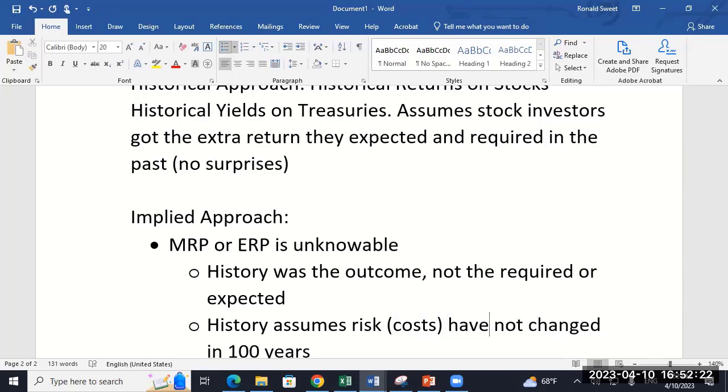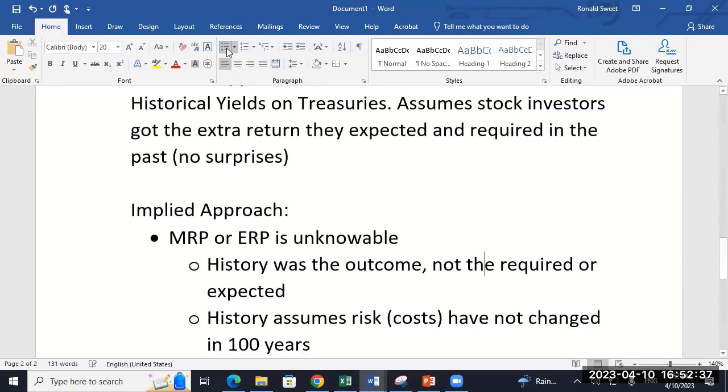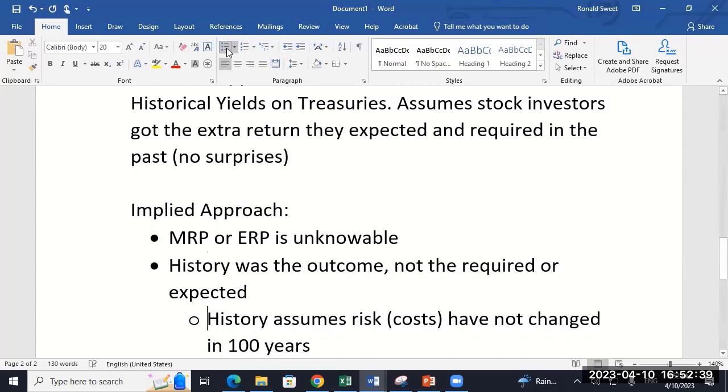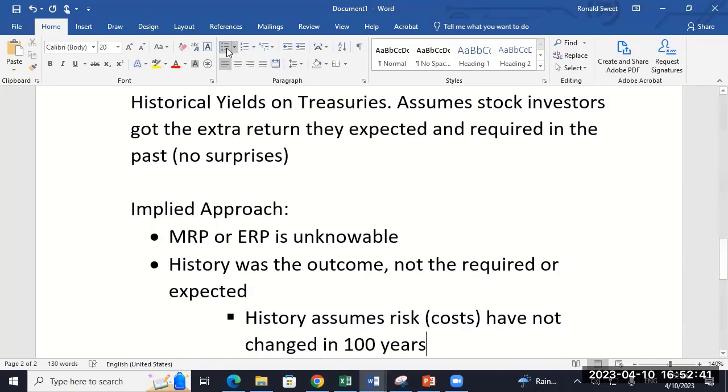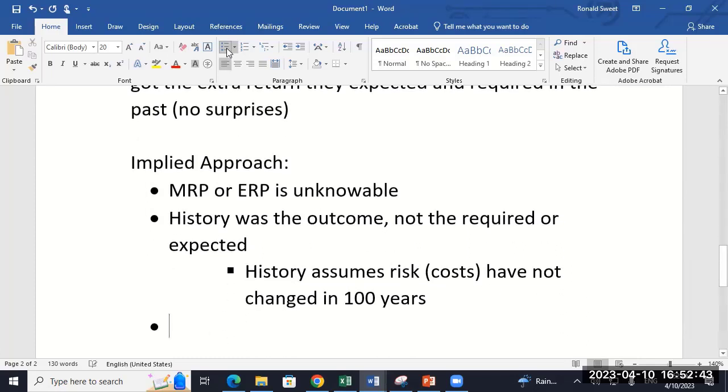It's much cheaper to buy stocks today. If it's much cheaper, you don't need as much of a risk premium because your expenses are lower. We talked about that earlier when we talked about the stock market's history. So the market risk premium is unknowable. History is unreliable. But we can say